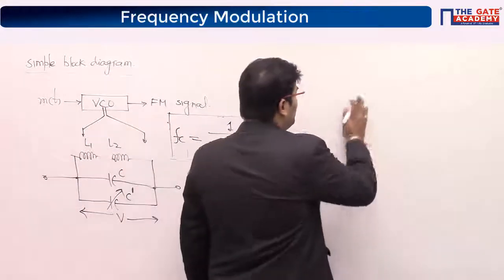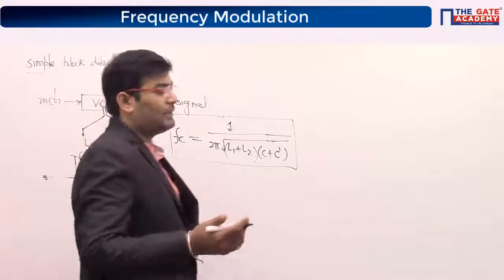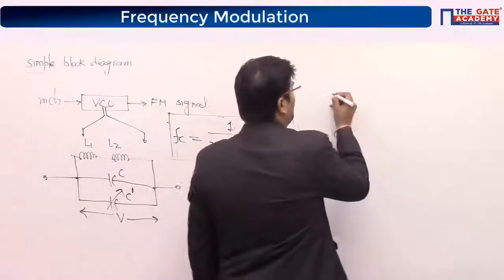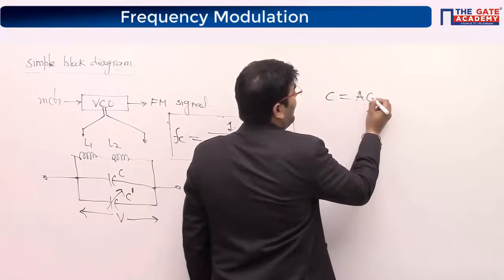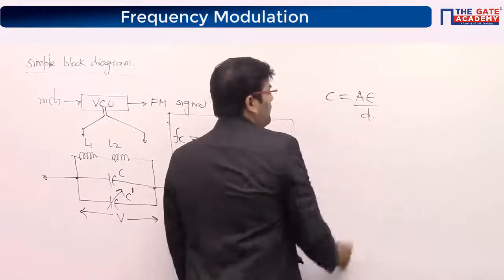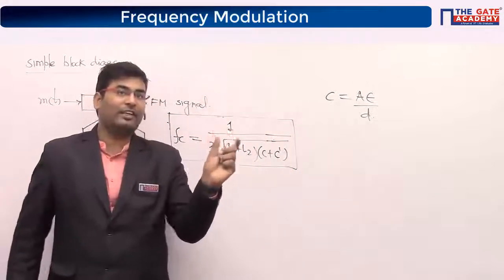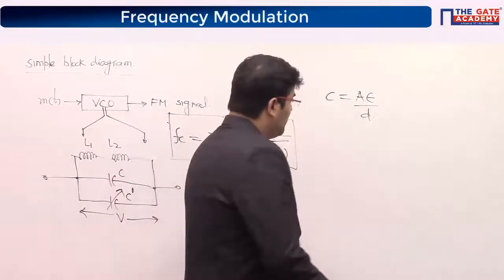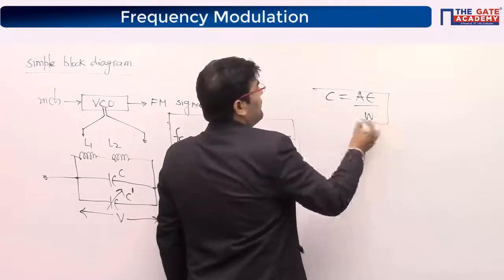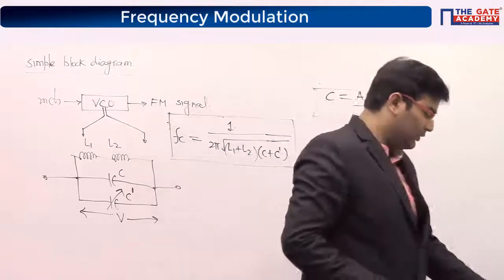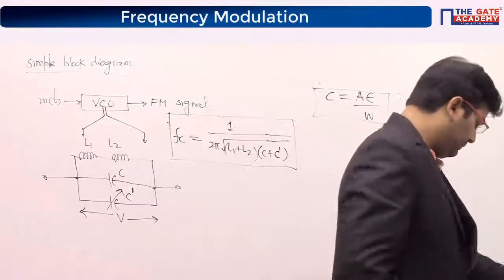So suppose you want to make a variable capacitor. Capacitor has a formula equal to this, C equal to, I guess, A epsilon by D, right? So if you change the distance between the plates, if you are able to vary that distance, or you can say width, you can get the variable capacitor. This is just an intuition. I will not go into much detail. That is not required even.